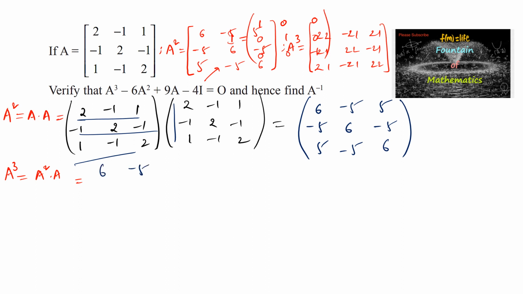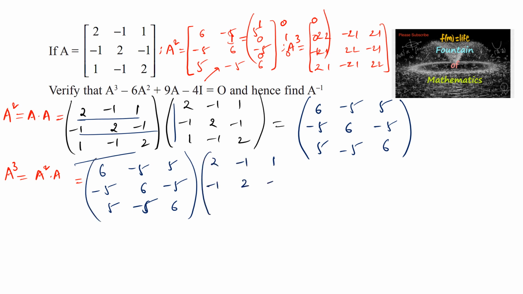we can write A² into A, which is equal to [6, -5, 5; -5, 6, -5; 5, -5, 6] multiplied with the given matrix A, that is [2, -1, 1; -1, 2, -1; 1, -1, 2], which is equal to